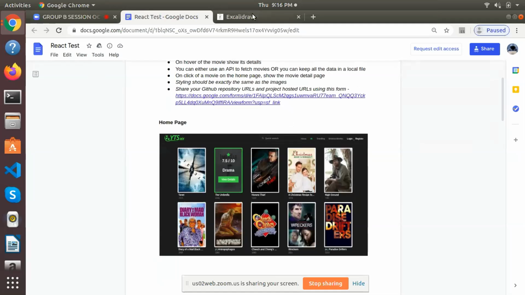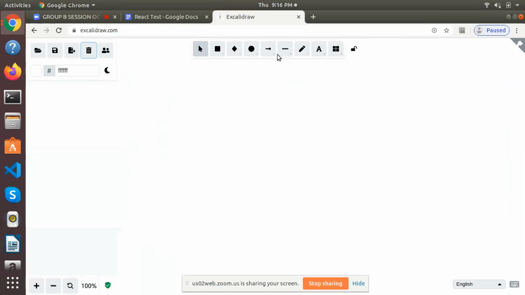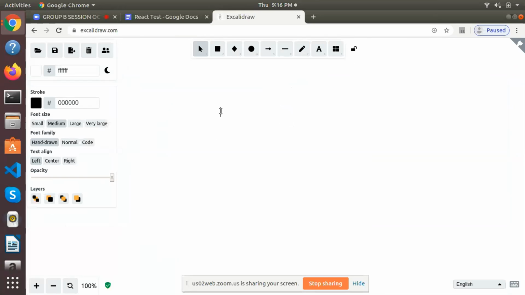So let's just plan, right? We have already figured out that there are three components. One is going to be the navbar component, second is the movie card, and third is the movie detail.